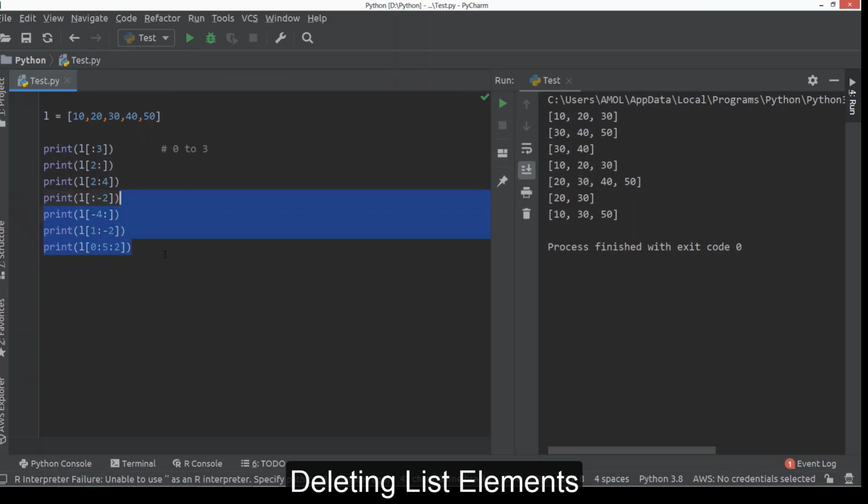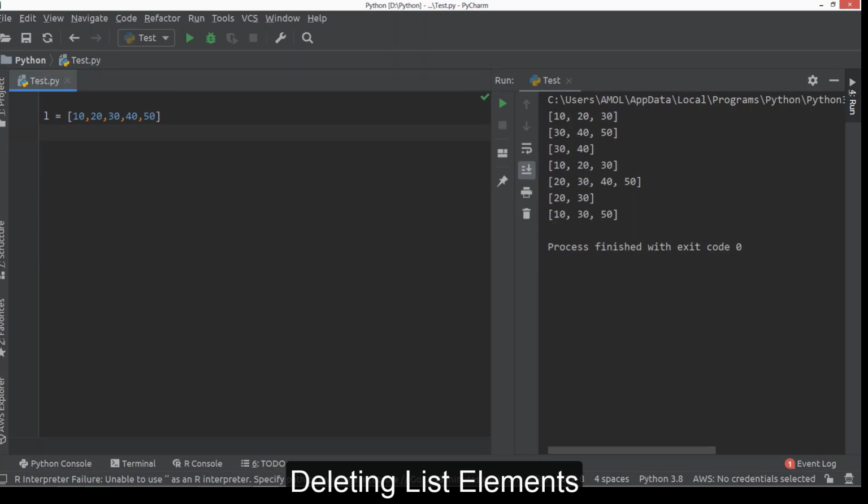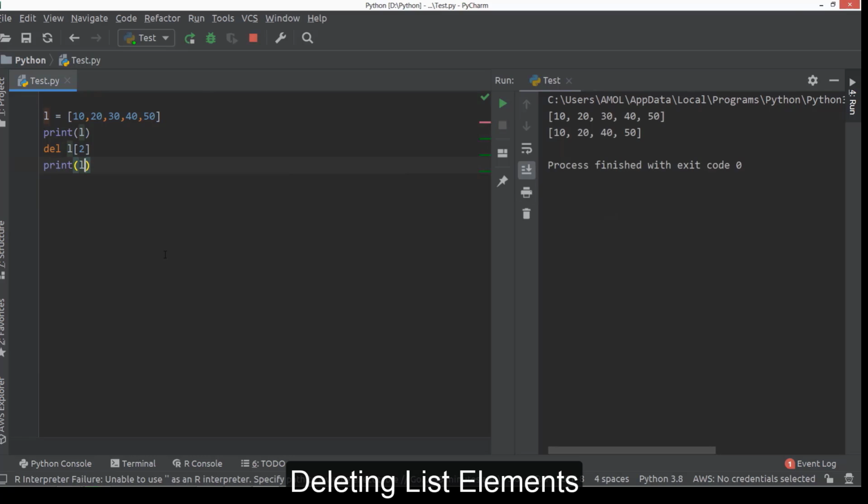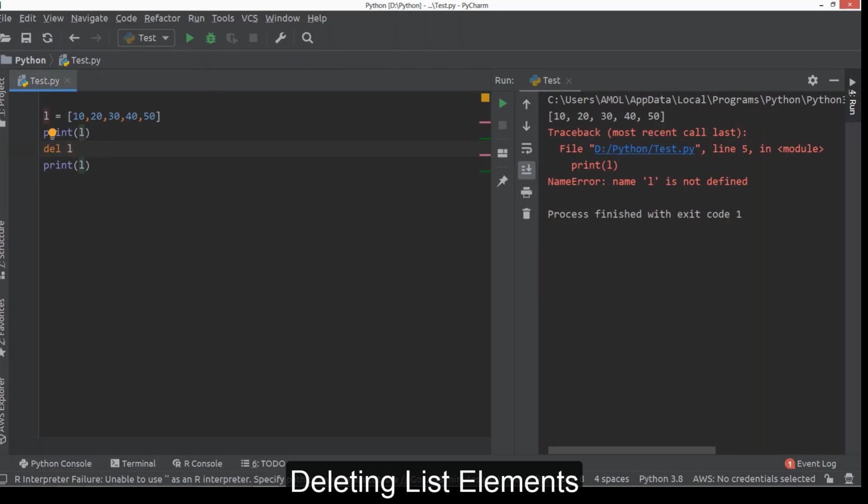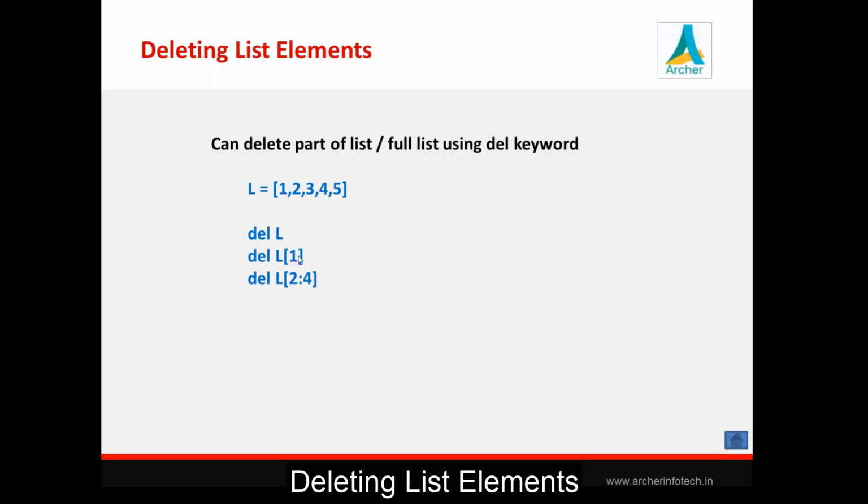It's like here, see, first we'll print the list, then we are deleting the second element of the list, then once again we are printing the list here. So check. This is possible in case of list only because list is a mutable one. You can even delete a range of the list also like this. It will delete that range from your existing list. And you can even delete the complete list also. Obviously it will produce an error because the list is deleted.